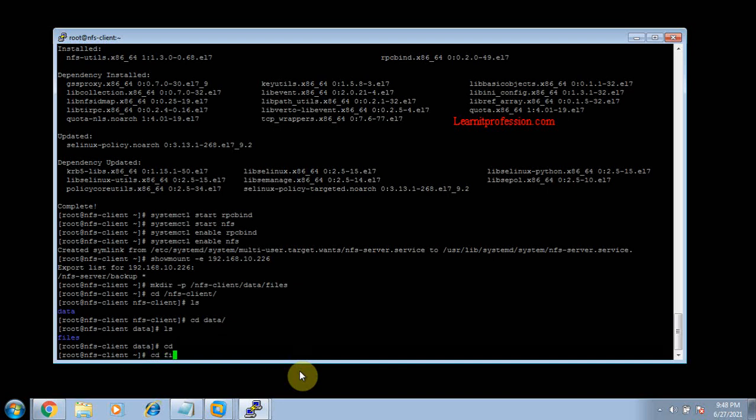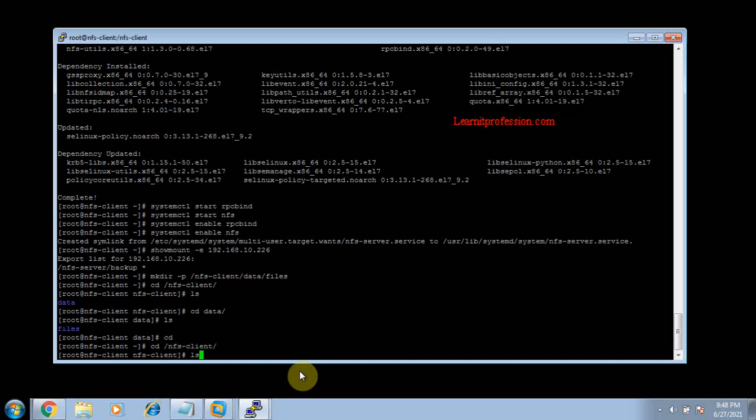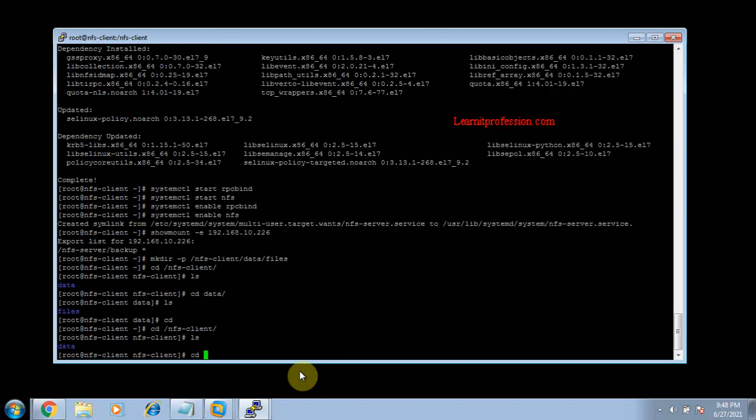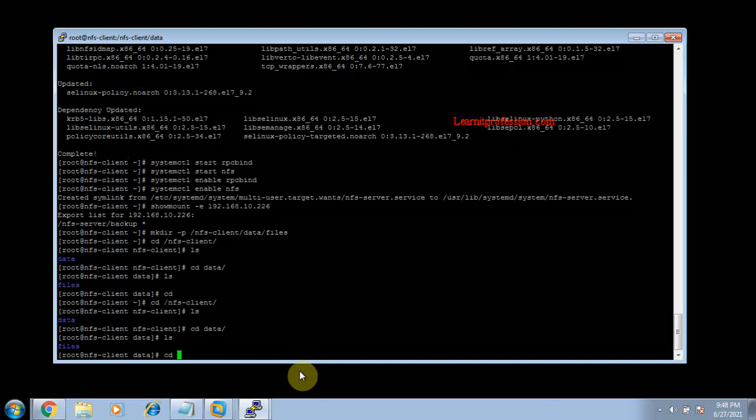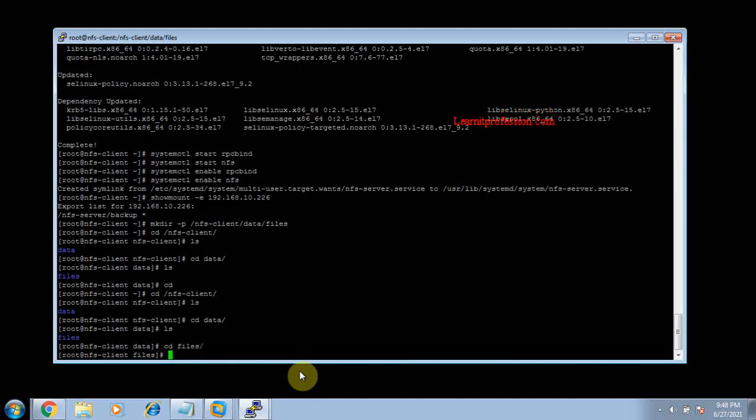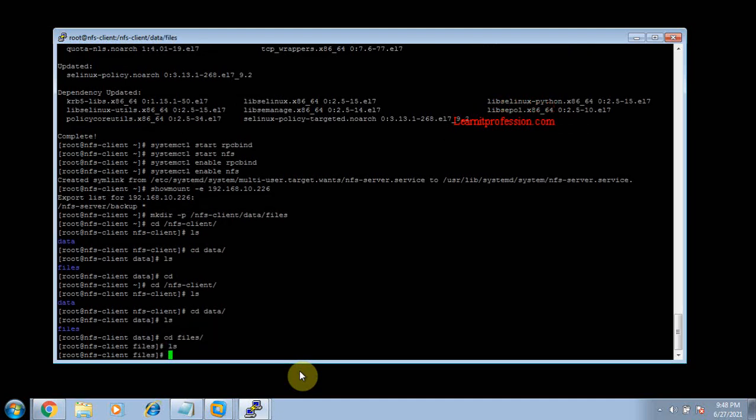Actually I have not typed it correctly, so just type again cd /nfs-client, ls, cd data, ls, cd files, ls. So no content inside the directory of files at this time.